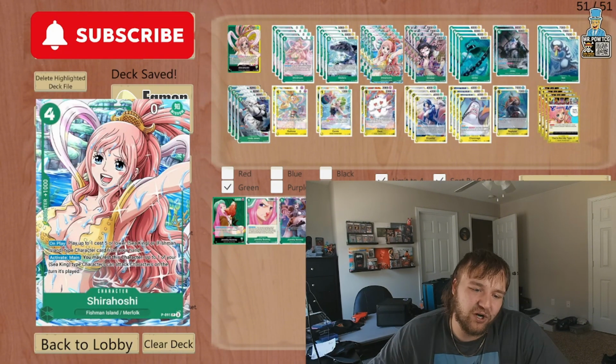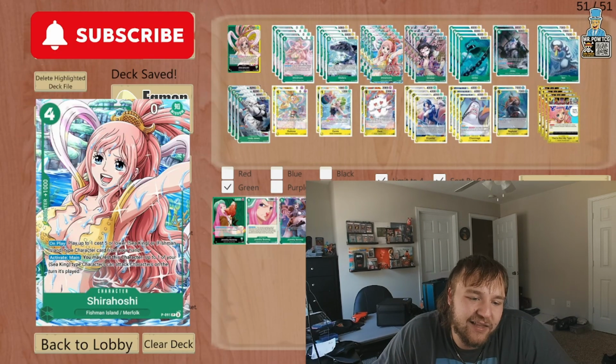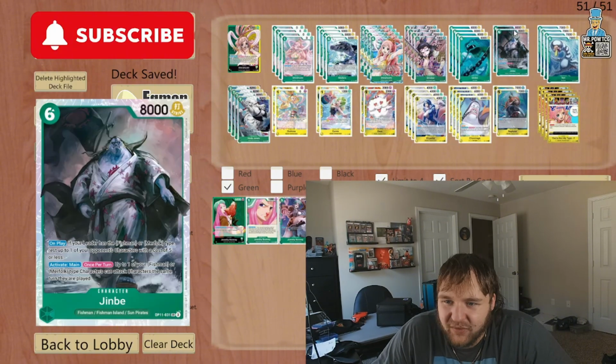We have this 4-cost promo Shirahoshi, which is definitely not necessary, but it's a 4-cost that plays out a 5-cost or lower Sea King or Fishman Island type character card from your hand, and then activate main, you may rest this card up to one of your Sea Kings can attack characters on the turn it's played. We're planning 4 of the Smoker with Banish, 4 of the Iroko, that one, the 6/8 vanilla card, running 2 of the 6/8 Jinbei, which is rest a 5-cost character on play,